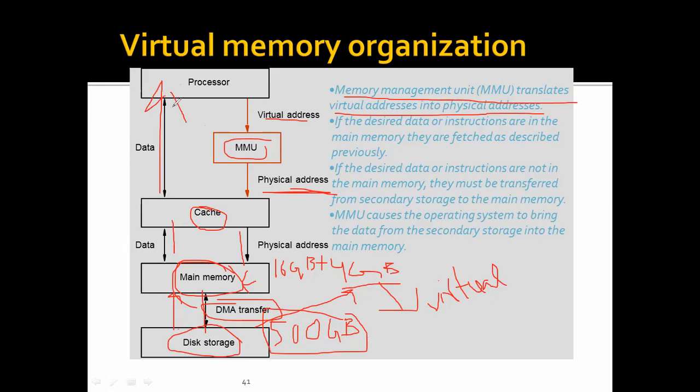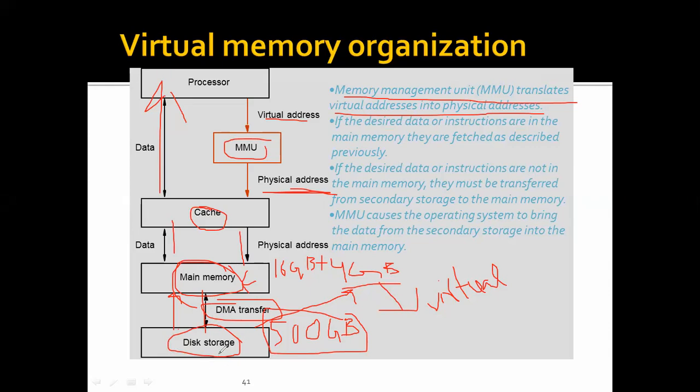If you observe the arrow marks, there are bidirectional arrows here, and here only unidirectional. That means the processor gives instructions to the MMU, as a virtual address. Whatever virtual address is given to the MMU will be converted into a physical address. Now this physical address will be searched in cache memory. If it is not found, the physical address goes to main memory. If that address is not found in main memory, then it goes to the secondary storage,